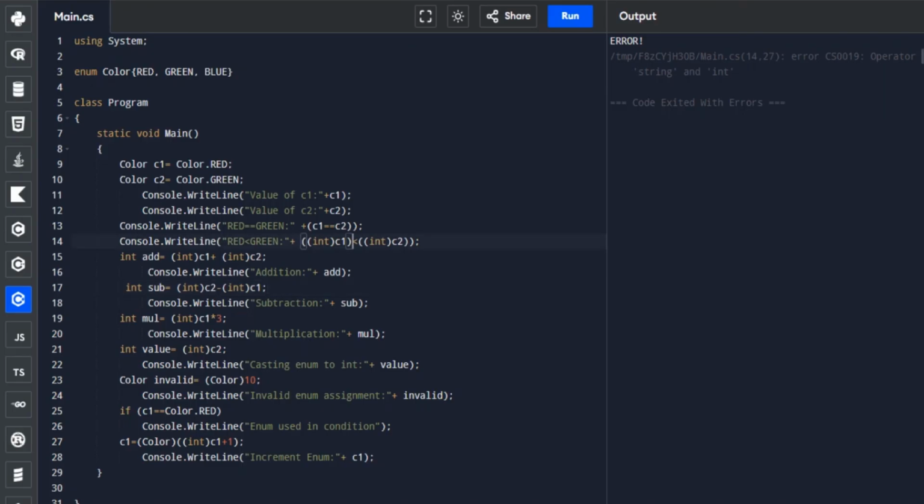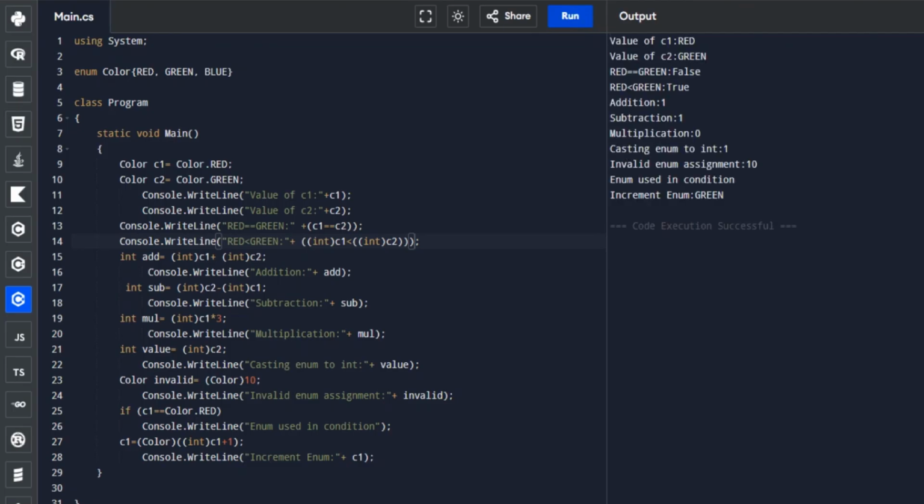Alright, so I think we've got an excess of close and open parentheses. Let's check. This one is the close, and this one is the close, and this is the close. So we need to add another close. I'm gonna try to run it again. Hopefully this time this will work. Oh gosh, it works. Alright, we're able to successfully execute the program in C Sharp.